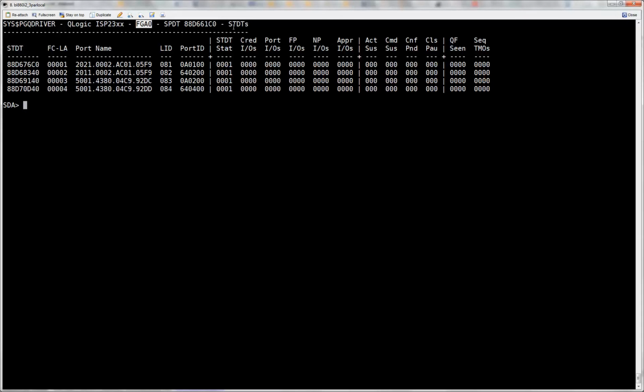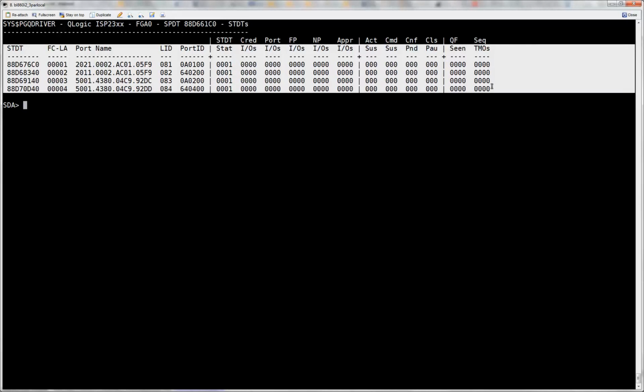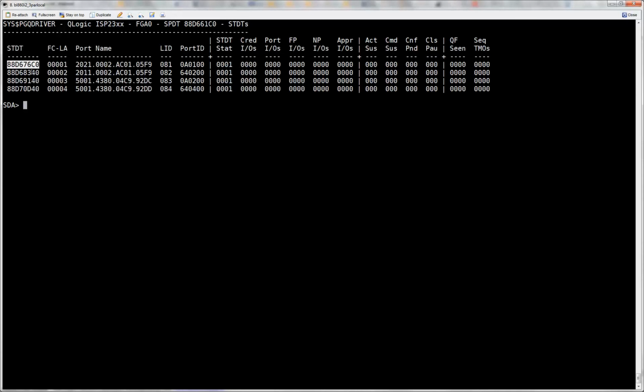How many targets this port is able to see is what is listed over here. These are all the unique target IDs that get assigned. These targets are nothing but the target ports on the storage side which are able to log in to this particular device.